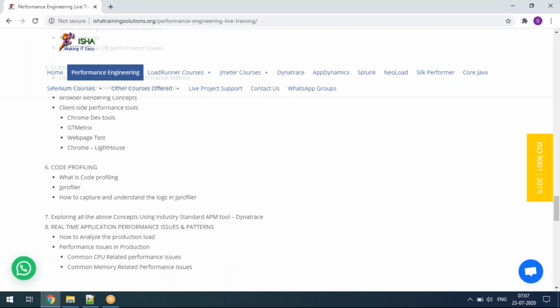I know that in this forum there are people already doing certain performance engineering activities, there are performance testers who want to become performance engineers, and there are people who are a little fresh in this entire stream. So we are going to cover everyone. For people already doing performance engineering activity, we are going to bring more knowledge into performance engineering: how they can improve their knowledge, and what tools and activities they can do.